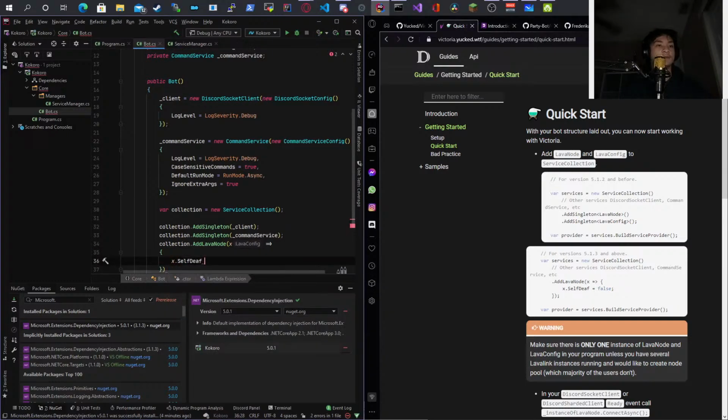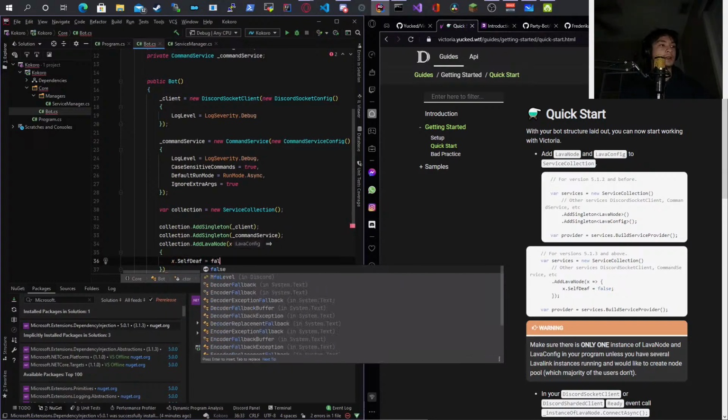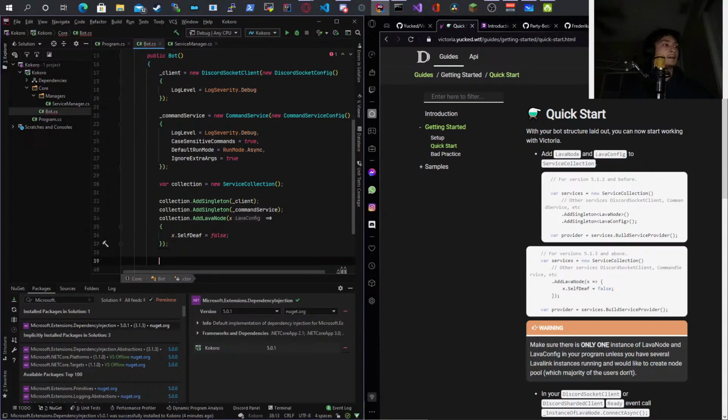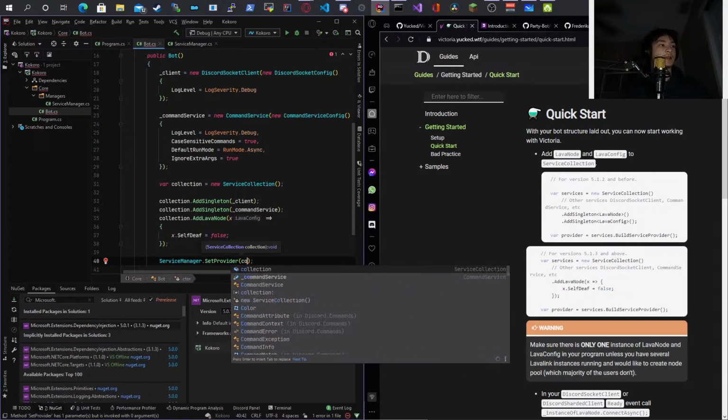SelfDeaf, so I'm assuming that's going to deafen the bot, and then I'm going to do ServiceManager.SetProvider, and then that will be collection.